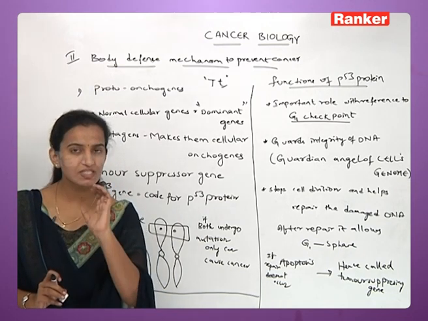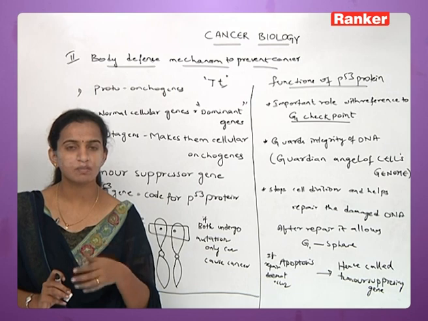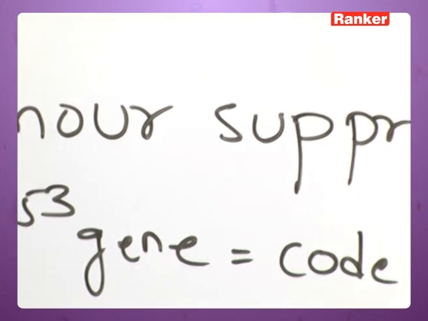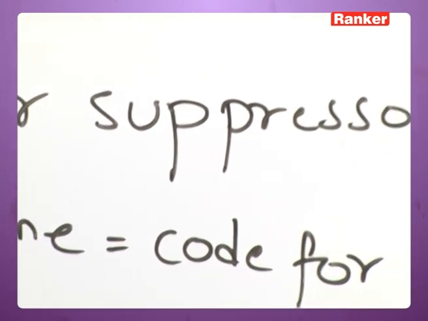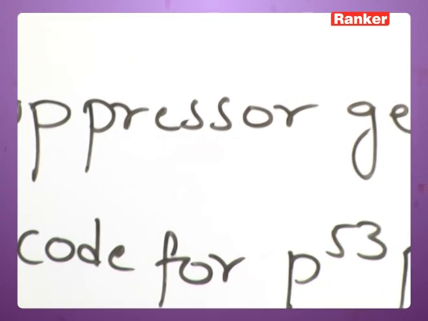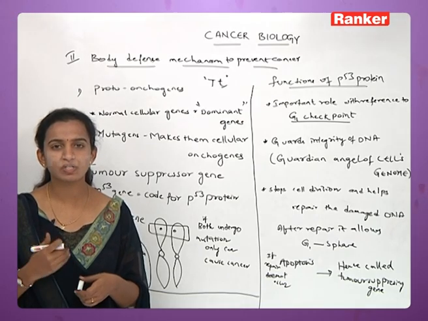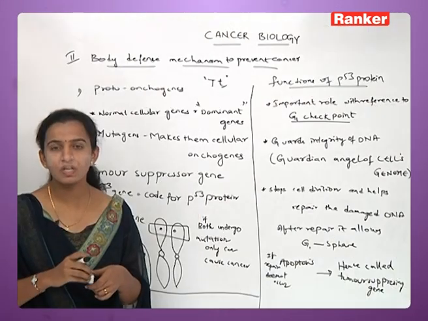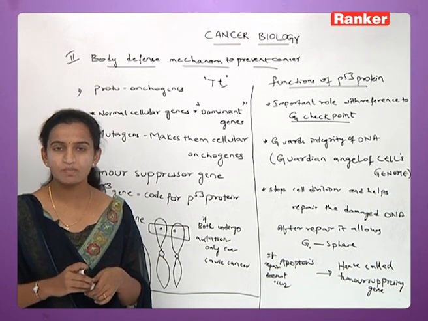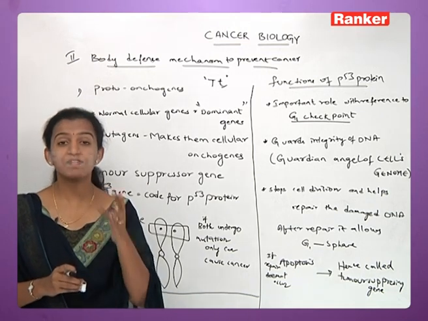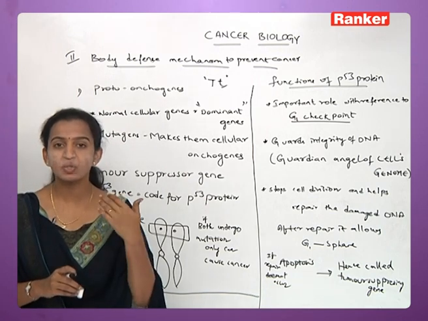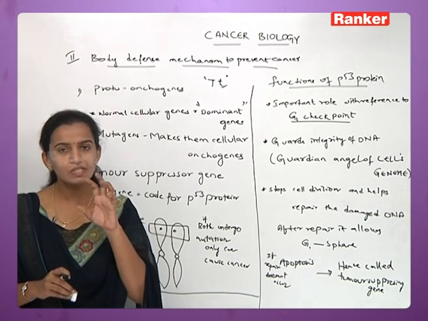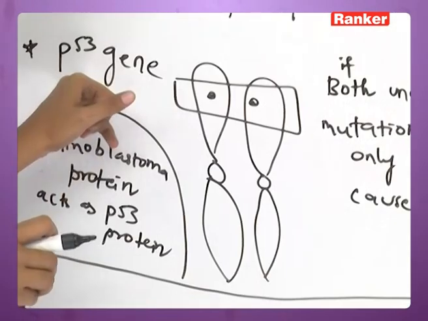That means if there is a chance of tremendous division taking place in your body, the one who is guarding is P53. Think I am a cell. Now I say that I want to divide. The one who decides whether I divide is P53. P53 checks whether you are capable of division or not, whether you are ready for division, or whether you are damaged, the body has some problem, and you need to divide. All these things are under the control of the P53 gene.